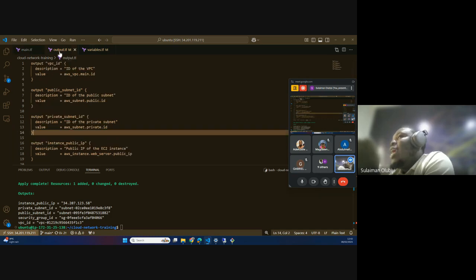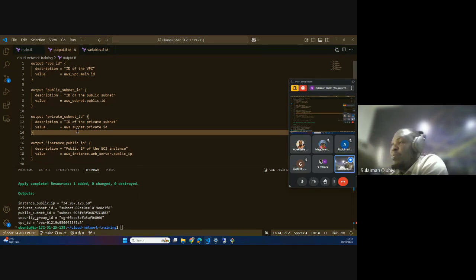The output here is to show me at the end of the day what has been created. So I said, show me the value of the AWS VPC that has been created, the public subnet, the private subnet, and the public IP of my EC2 instance. This is a preference to me. Some people don't even have an output file in their Terraform file,